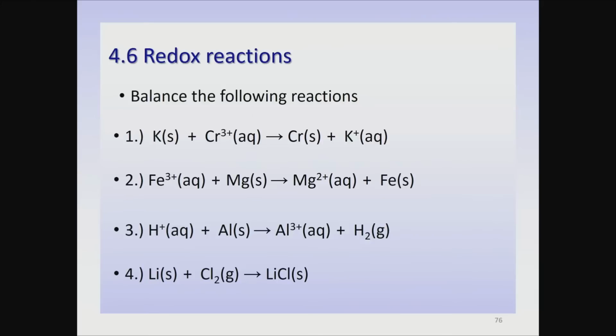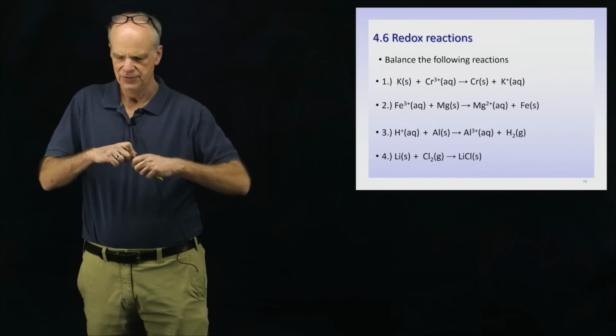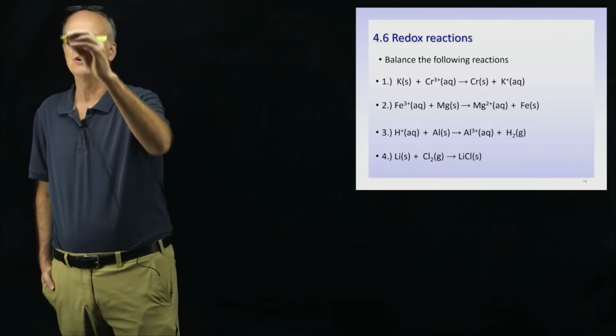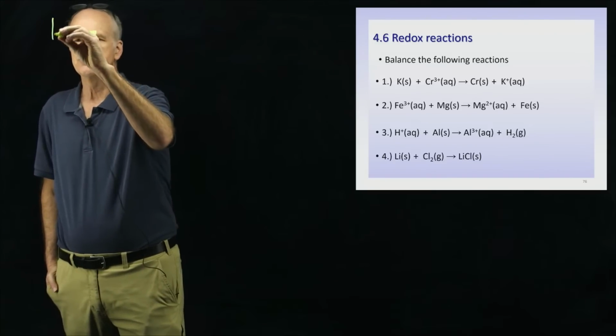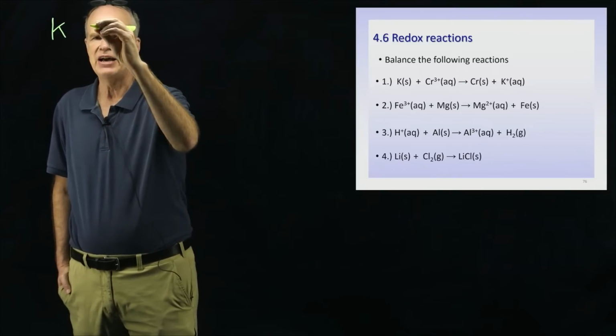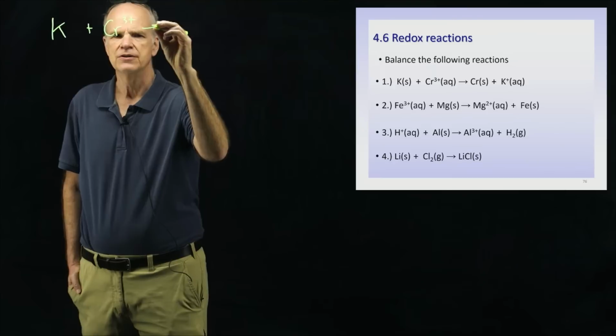Okay, so now what I want to do is go to the glass board and do several of these reactions. So let's go ahead and do the first one, okay? Let me just write this out, and I'm just going to write it out without state symbols. That makes my life a little bit easier. So we have potassium plus chromium ion gives us